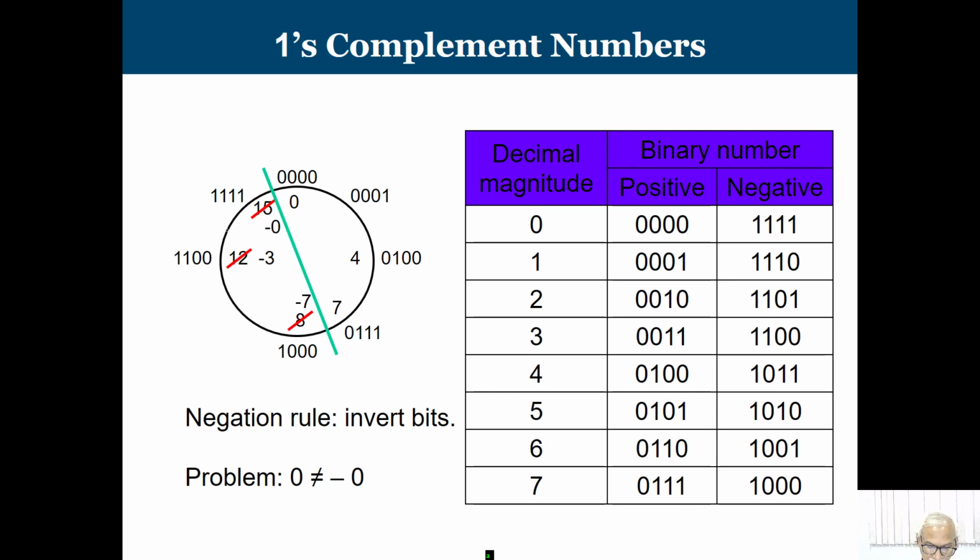If I am having a 4 bits number, then we are going to get combinations 0 to 15, and again we are having the same problem in 1's complement: 0 is not equal to minus 0. We are having two representations of zero, and this is the basic system. So if 1 is your 0 0 0 1, then negative 1 is your 1 1 1 0. This is basically giving me positive and negative representation of those particular decimal numbers when we are using 1's complement form.